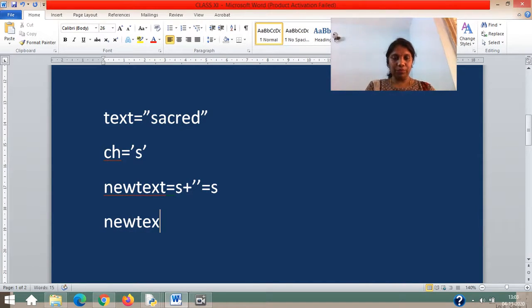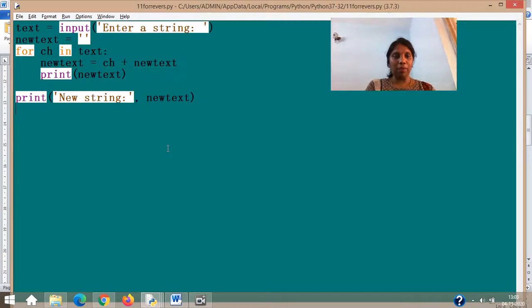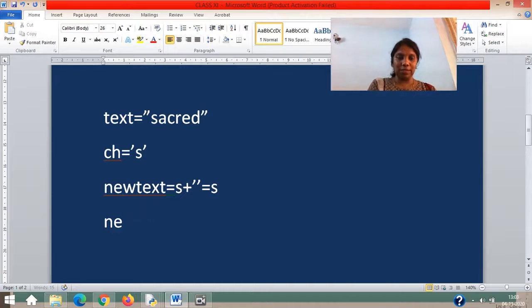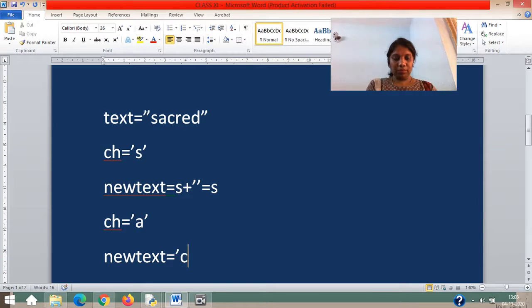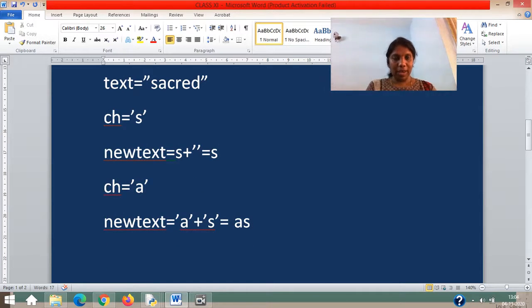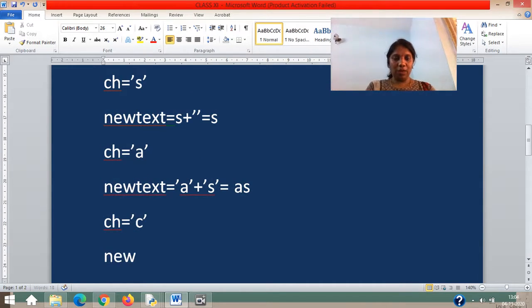Again new text equal to, already S is there, no? What is the next one coming? Yes, so you have A. How did A come? Because the next value of CH is A. So you can write, if you want, CH equal to A, and then new text is equal to A plus, already S is there. If you want, you can put S. So reversed. Okay, now AS is written. Now again the next value of CH equal to C, and new text